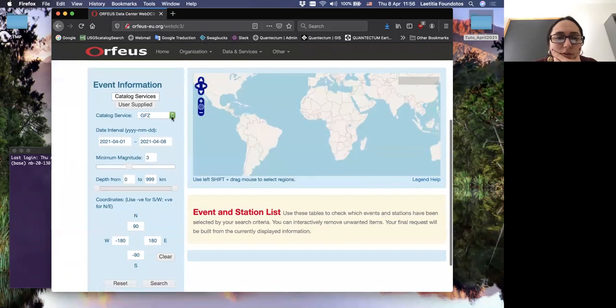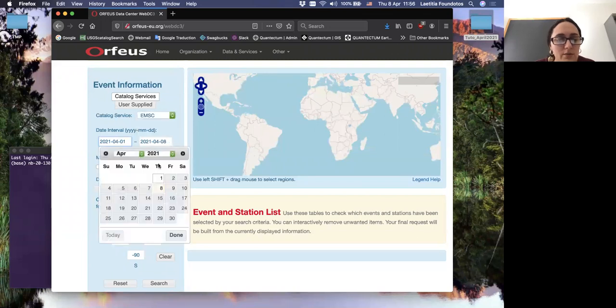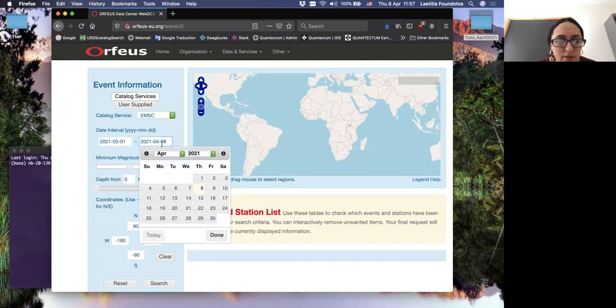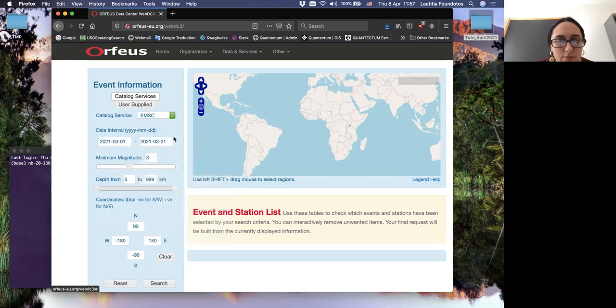earthquakes. You know, in March, an earthquake occurred in Greece. So maybe we can search for data for this earthquake. Why not? It was in March, but I do not remember exactly the date, so let me just put March. It was magnitude 6 something, but I do not remember, so let me put a minimum magnitude of 5. And it was quite superficial, so I can reduce here.